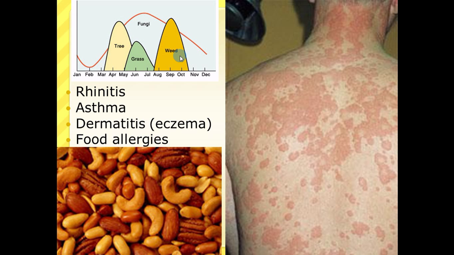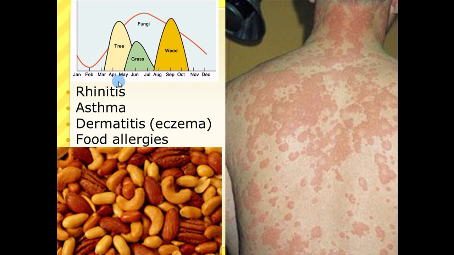And about 20% of the population actually has some kind of an issue with pollens in the air. And then asthma. So asthma is the same idea. They're breathing it in, they're getting this hypersensitive reaction all the way down their airway. So you have to worry about their airways constricting. But rhinitis isn't such a big deal. I mean, you go through lots of Kleenex, but with asthma, it constricts the airway, causes breathing problems that could